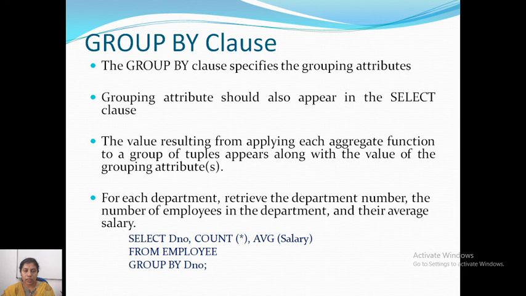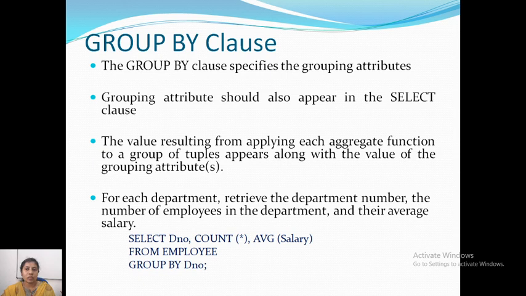In that case, you can write the department number and count in the select clause. For example, in department number 1 we have 5 employees, and in department number 2 we have 10 employees. So in that way it will fetch the result. It will show department number 1 and count 5, then 2 and 10. Like that, it will show the values.